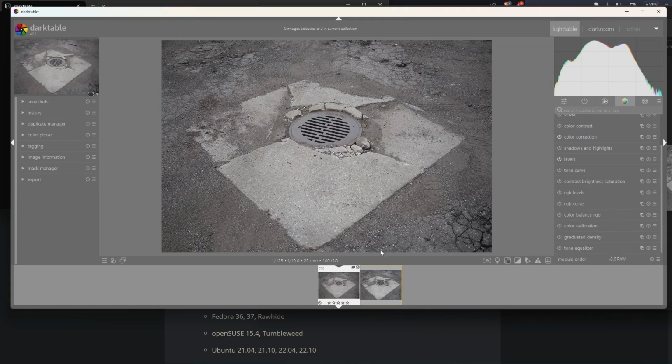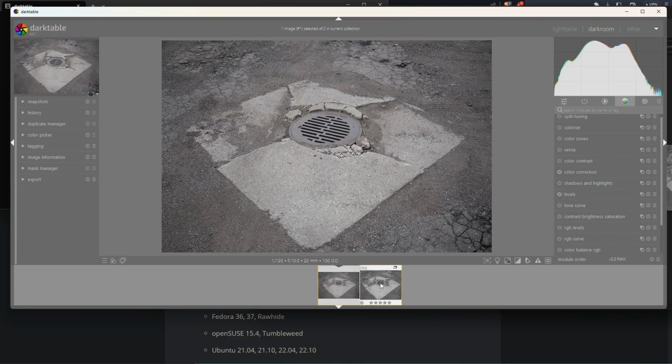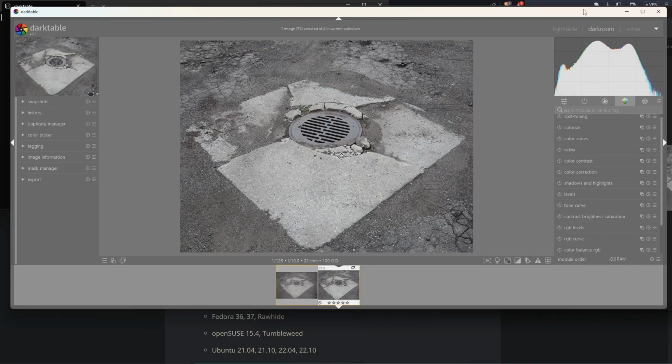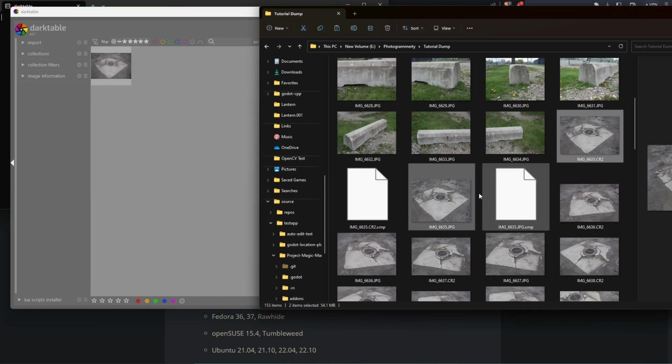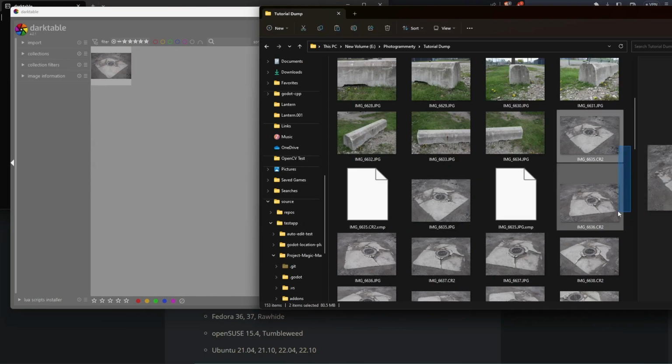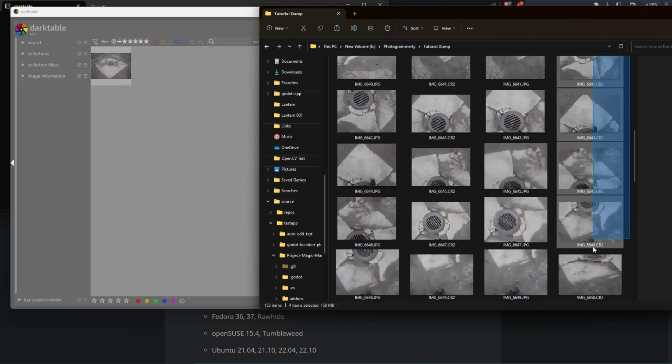So what I do is I go back to light table. I'm going to get rid of my JPEG version of this. So I think that's this one. So that's my second one. So we'll remove that from darktable. Yes. And then we'll come into here. We'll go into my tutorial dump. I'm going to grab all my CR2 files minus the one that I color corrected. So we'll come in here,